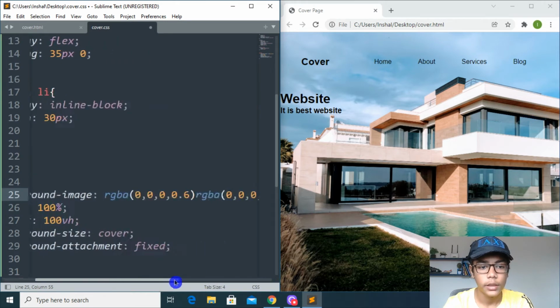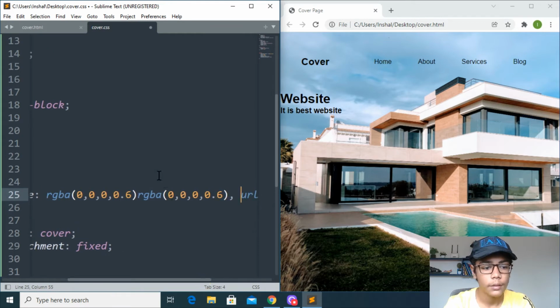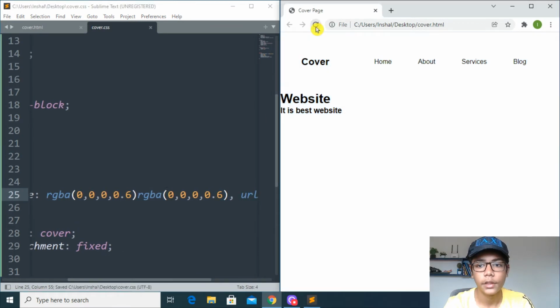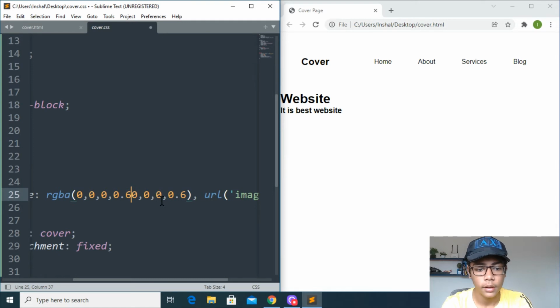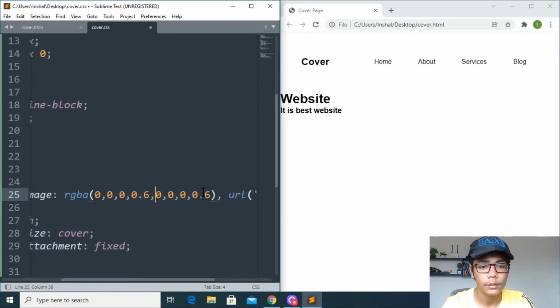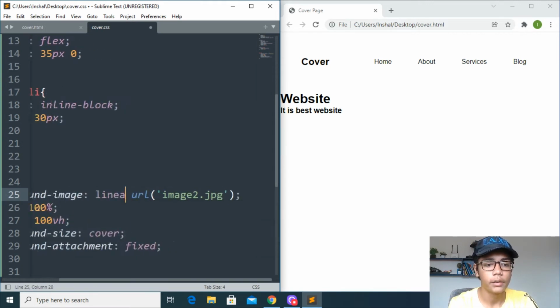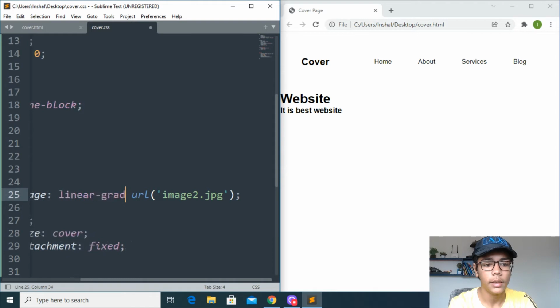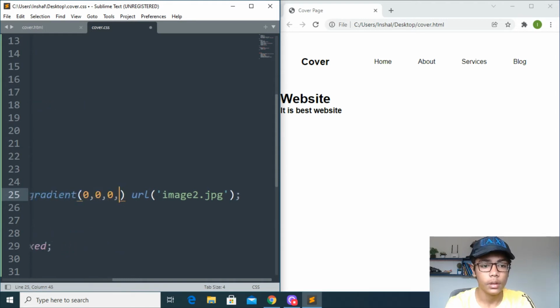If I do that, simply save this and refresh that. You can see the image is gone because here we are not getting any color. So simply if I do like that, we have to do one thing. First of all, we have to remove that, and we have to write linear-gradient. So here I will be writing linear-gradient, and here I will be writing 0, 0, and 0.6.